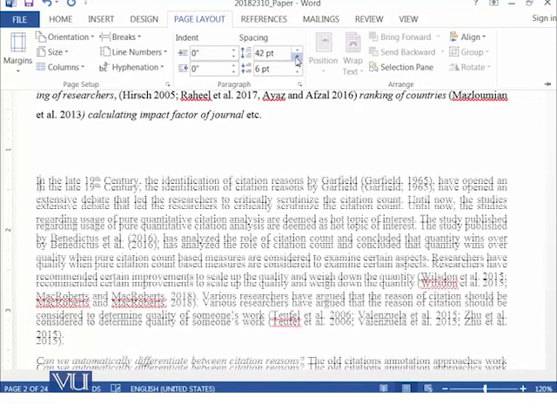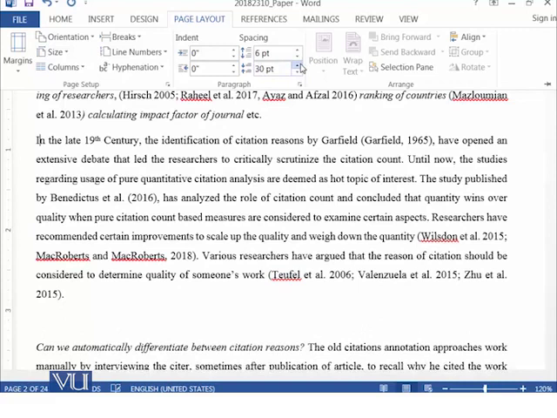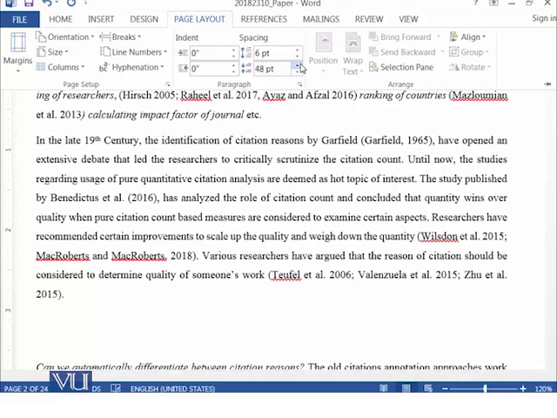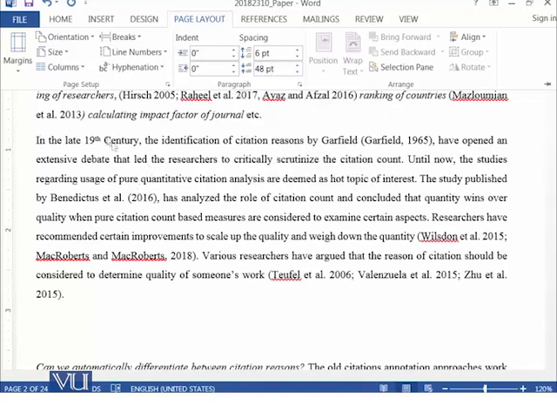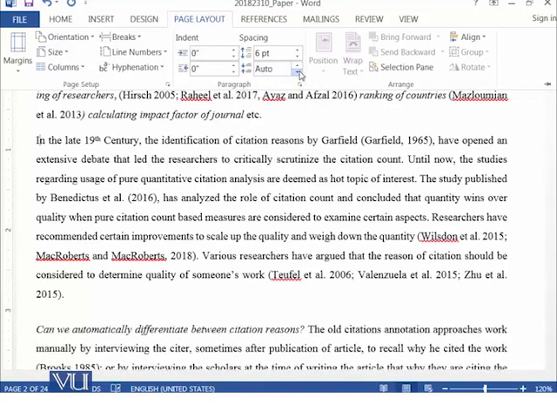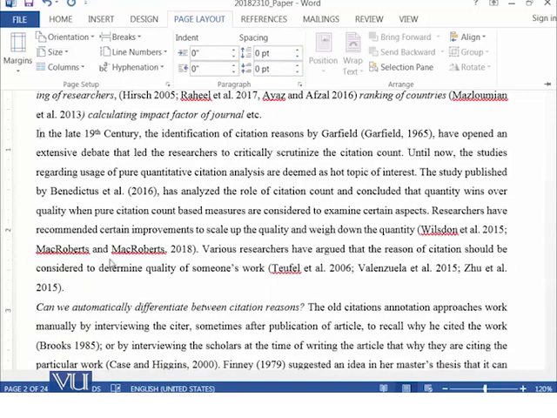If you say that I need spacing after this paragraph, you are on the same paragraph and you are saying that I need spacing downward. So any content which is present after this paragraph will have such an effect, which will be done when you are standing on this paragraph. Using these two options, you can play with the individual paragraph by selecting the indentation from left and right,